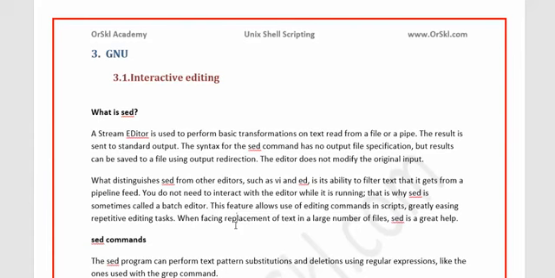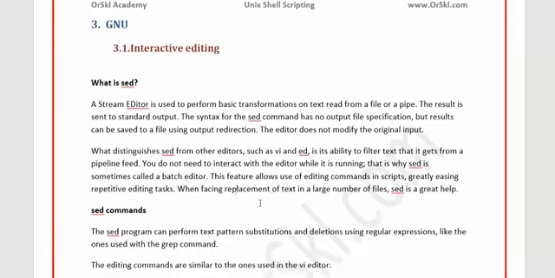It is purely interactive. You have to go into the editor to do all those things, but with Sed you don't need to. You just give a command, it runs as a batch process in the background, completes the action for you, and then comes back with the result. That's it, as simple as that. This feature allows the use of editing commands in scripts because there is no interaction required.